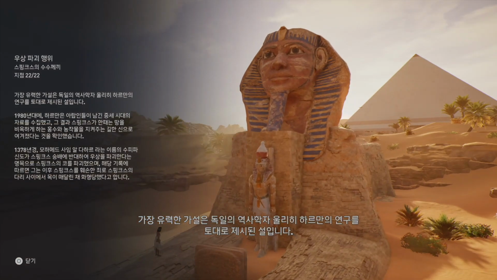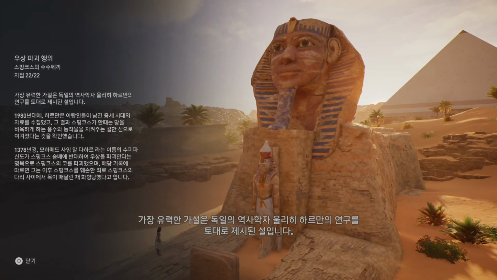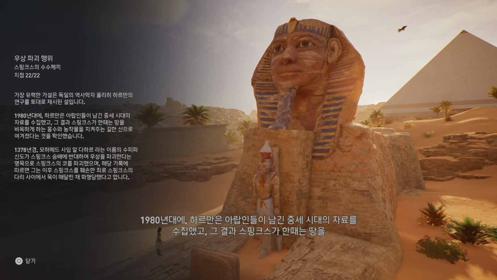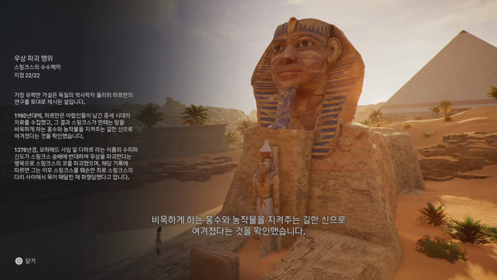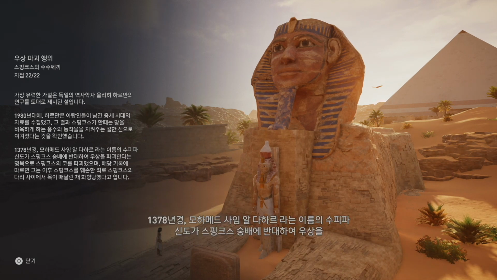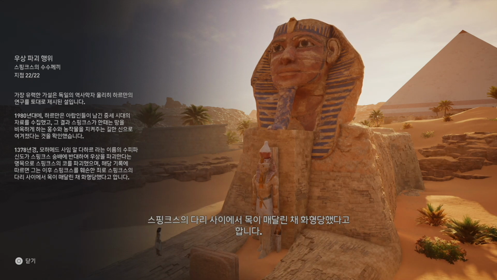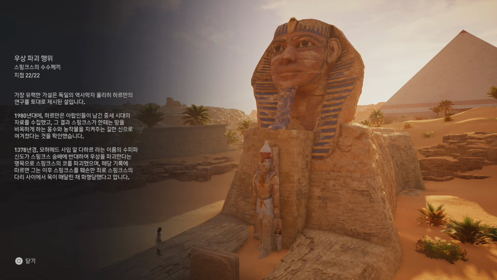The most plausible hypothesis is based on the research of the German historian Ulrich Haarmann. During the 1980s, Haarmann compiled medieval sources written by Arab authors. In doing so, he discovered that the Sphinx was once perceived as a favorable omen, a deity supporting sediment-nurturing floods and crops. Around 1378, a Sufi by the name of Muhammad Sa'im al-Dahr could not stand this vision of the monument, and in an iconoclastic act, broke the nose of the Sphinx. According to the texts, he was then hanged and burned between the legs of the Sphinx for his crime.